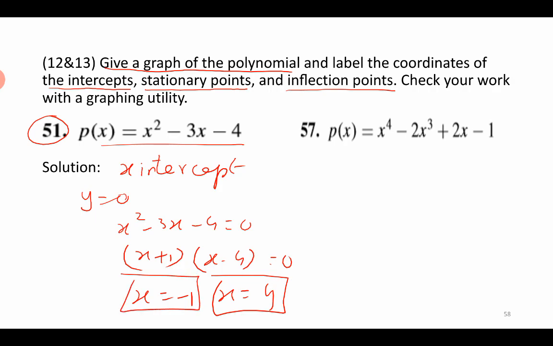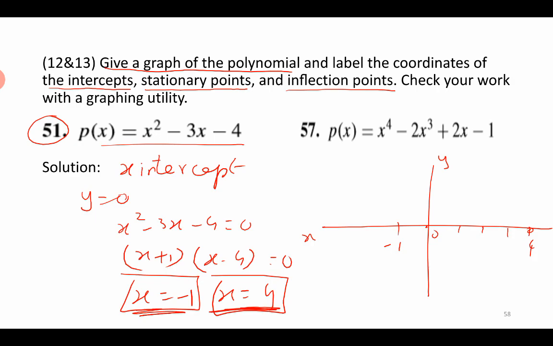So in this case, multiplicity 1, what is our conclusion? It should cross at this value of x is negative 1 and 4. The curve crosses the x-axis, isn't it? And there may be or may not be an inflection point. So roughly, if you draw this rough graph, this is 0, this is negative 1, 1, 2, 3, 4. At these 2 points, function crosses the x-axis, this x-axis and y-axis. And what else we get from here? And now these are the